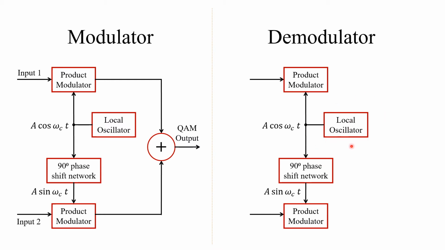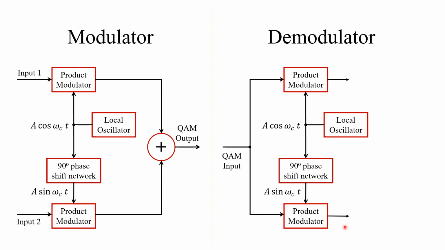system. A coherent system will need the same local oscillator which generates the same frequency and phase signal at the receiving end. So if we have such a setup in the receiver or demodulator, we can give the received QAM input into the product modulators, where the received signal will be again multiplied with the same carriers. That is, the received signal will have a combination of the sine wave and the cosine wave. That combined or multiplexed signal will be multiplied with a cosine signal and a sine signal, and those outputs will